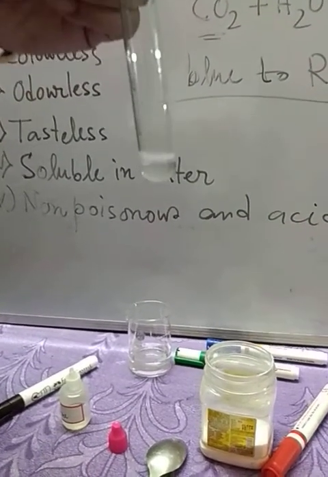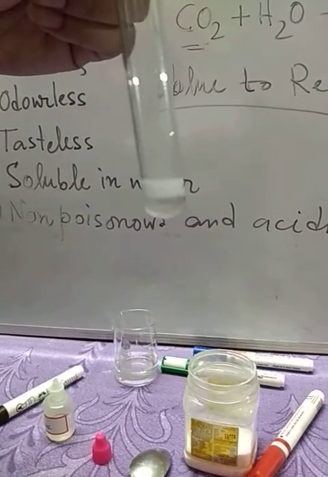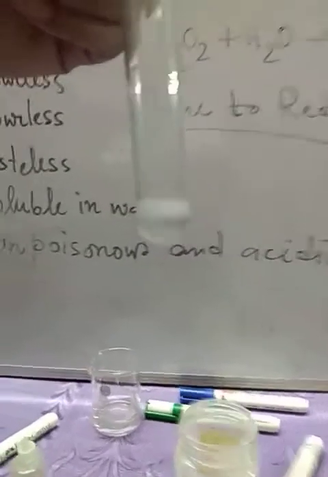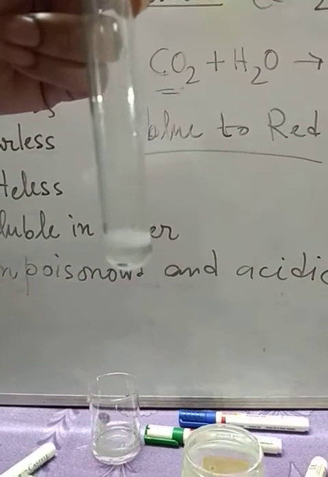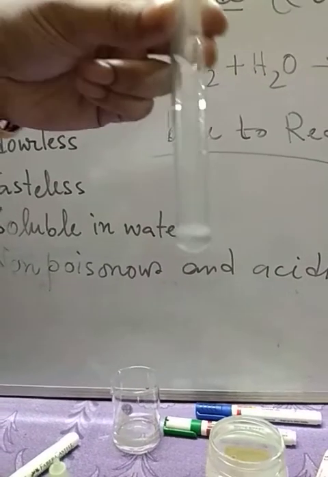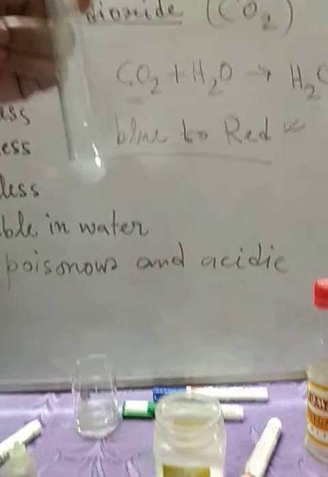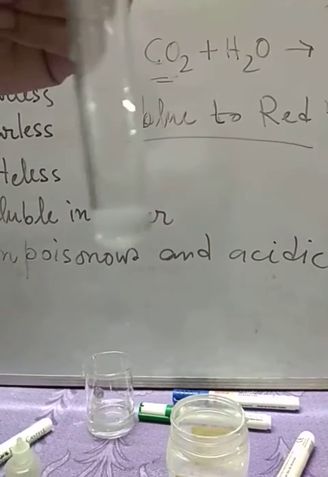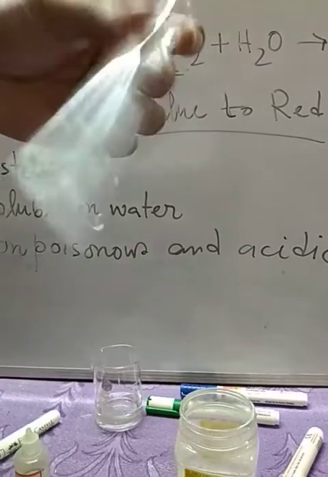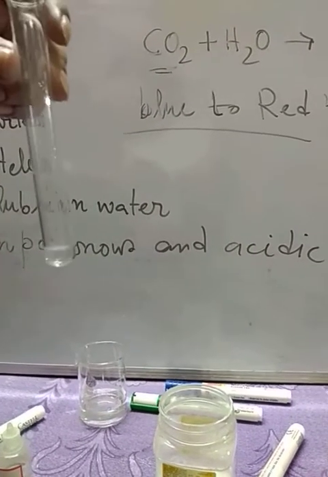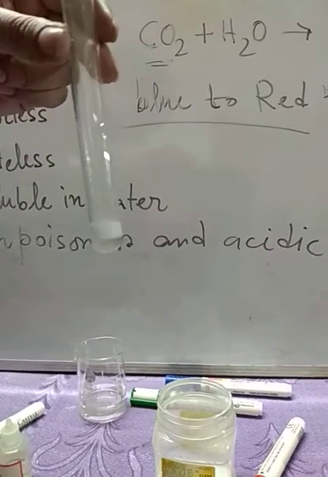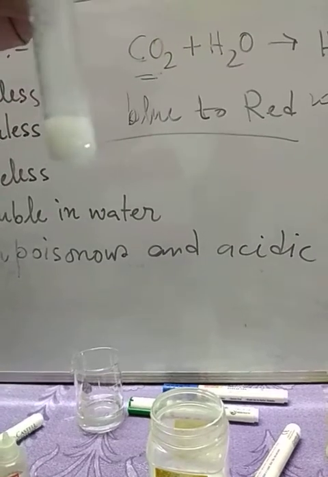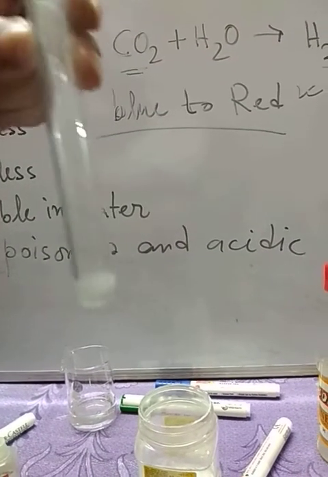You can get the effervescence of carbon dioxide. See, just adding a very small amount of baking soda, we can observe the formation of carbon dioxide gas here. This is the effervescence of carbon dioxide. If we sprinkle some more baking soda, then again CO2 will form. So this is the reaction. The same reaction we can do with vinegar, that is acetic acid.